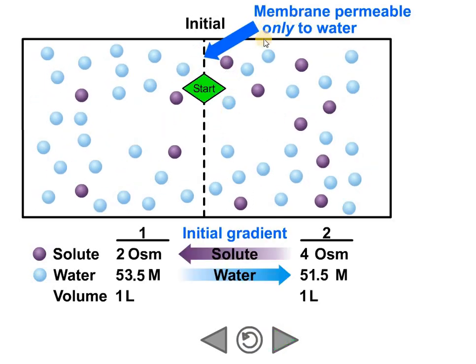Eto guys. So yung membrane natin is only permeable to water. Ibig sabihin, hindi pass through yung solute nito. Yan. Kahit 4 lang sila or kahit dito maraming solute, hindi sila maka-cross dito sa membrane natin. Only water molecules. So ano kanyang mangyayari guys? So dito guys, makikita natin yung pressure na, osmotic pressure.